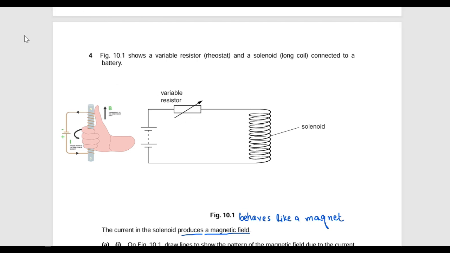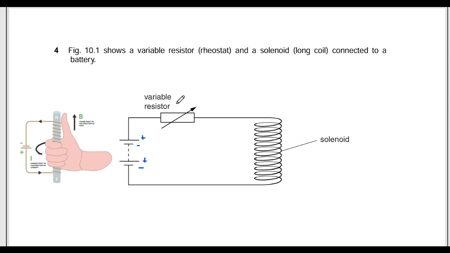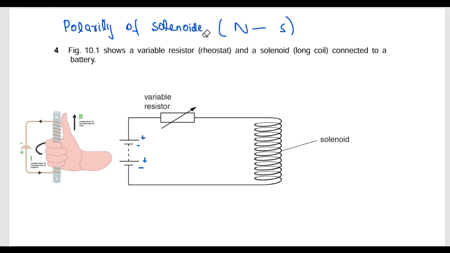But the thing is that we need to know the polarity of the solenoid. That means which pole is north pole and which pole is south pole. So for this, the very important concept to be considered is how to get the polarity of a solenoid. Polarity of a solenoid basically means to know which pole of the solenoid is north pole and which pole of the solenoid is south pole. So to get the south and north poles, we have a very important rule,